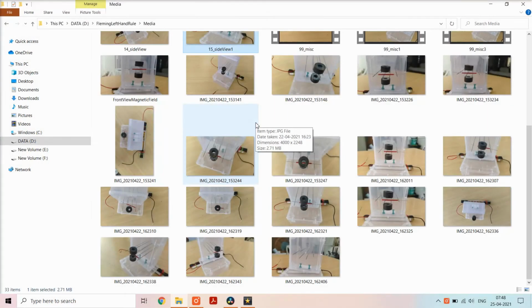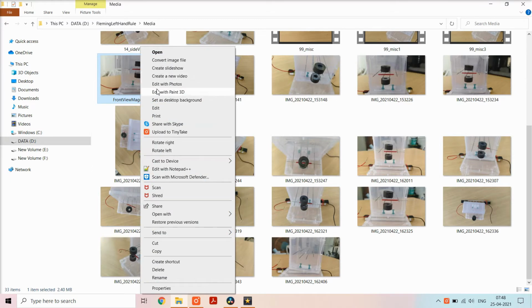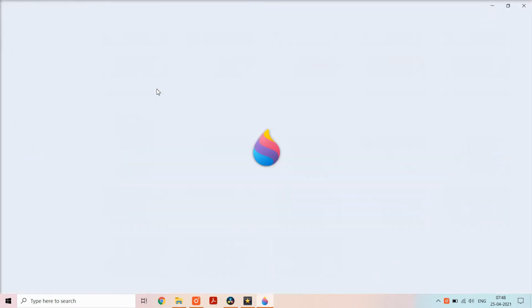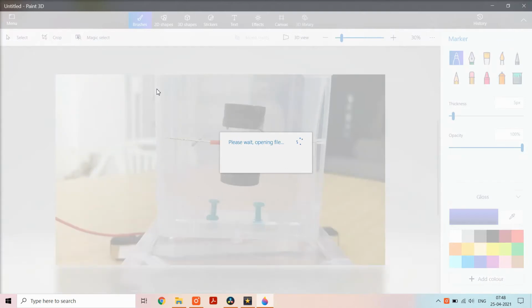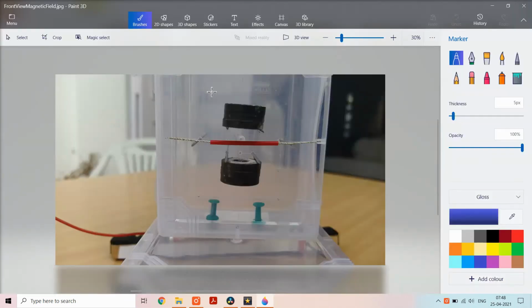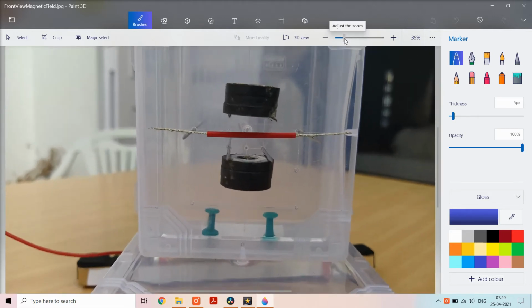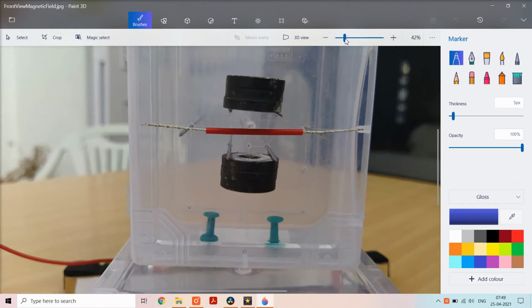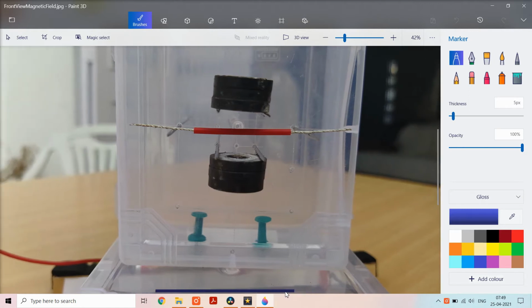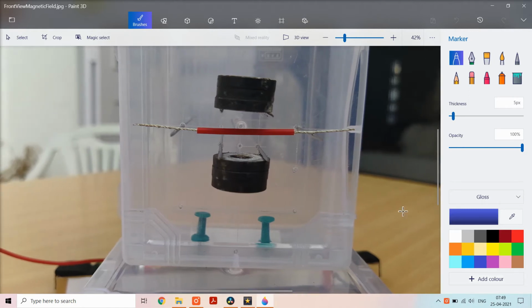In order to explain certain concept, we can use images in the video and draw on the same. Here, I am using 3D Paint app, which comes with Windows by default. We can open image in 3D Paint app and use all its features. All this action can be captured with the help of a screen recorder app, mainly TinyTake, which is what I use. There can be other screen recorder apps as well, which you can try.